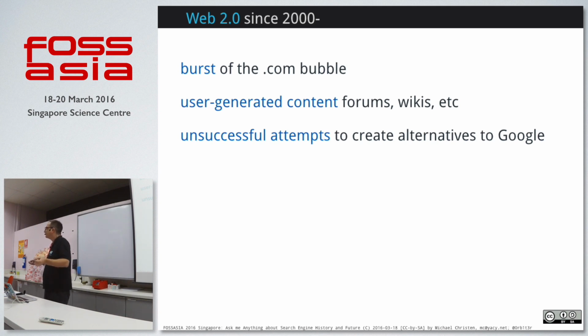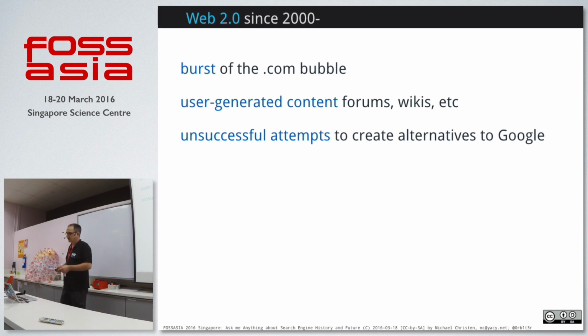There was no point to go to this page, but everybody wanted to have a pixel on this page. So there had been so many strange ideas until 2000, and finally people found out that it's all rubbish. And Web 2.0 started with user-generated content. Before this time, people didn't generate their content themselves, like putting something in a wiki or putting a comment in a forum, because these systems hadn't been there. And that started